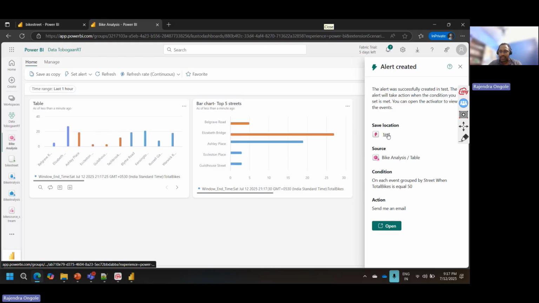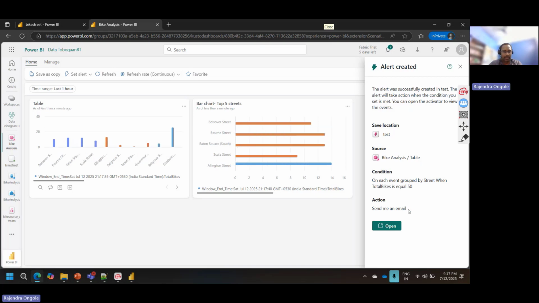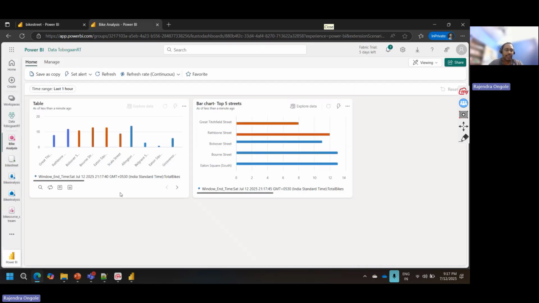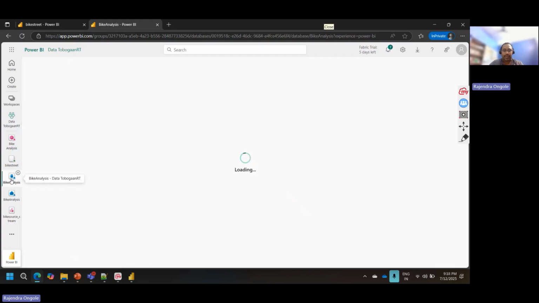It will be saved in the location in the form of an activator. And this is the source configuration which has been configured with the Eventstream source system. And for the action type, I want to send it as an email to whoever is the configured user. He will get a notification alert so that he can see that alert notification and then take some quick decisions accordingly. And a few more things I'll try to showcase to you and then I will wrap up this